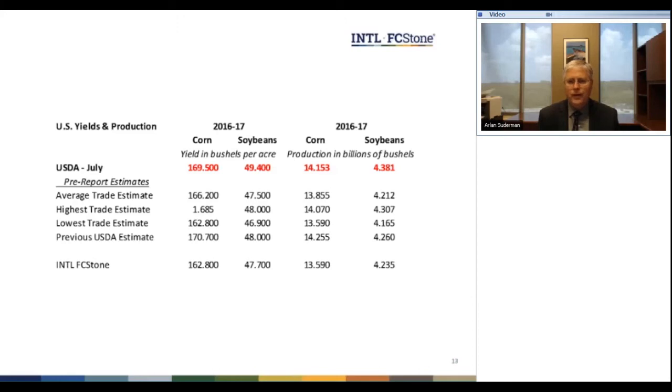USDA did admit that its ear weight, which I'll show you in a bit, was modeled and not measured, as you can imagine, because of the lack of maturity of the crop on August 1st. It just finished pollinating. Much of the corn was in the blister stage at best. Some had not even pollinated on August 1st. And so the 169.5, okay. So objective, that covers the objective plots that they would have looked at.